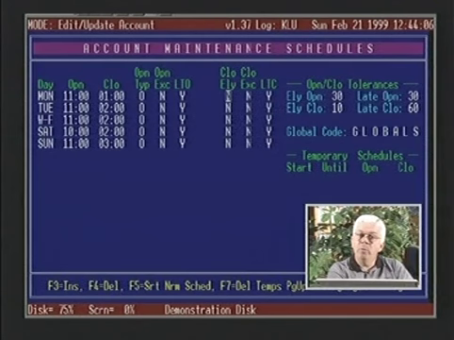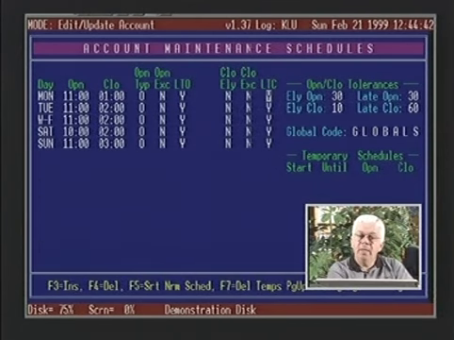We can nominate whether we want this particular account to be able to close early. In the case of some chain stores, when we do not want them to close early, or the home office wants to be notified in the case of a close early, we can answer yes to allow it or no to disallow that closing earlier. If their schedule calls for them to be open at 1 a.m., they should be open up until 1 a.m. We can also nominate whether we want the operator's attention brought for any type closing, and the same for the